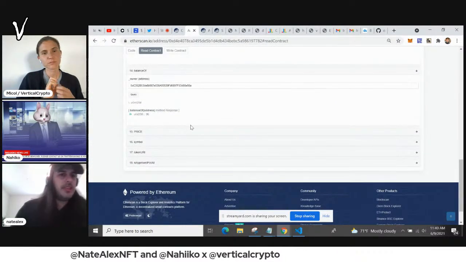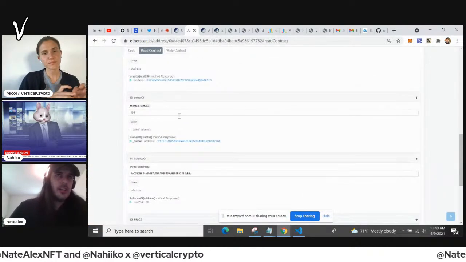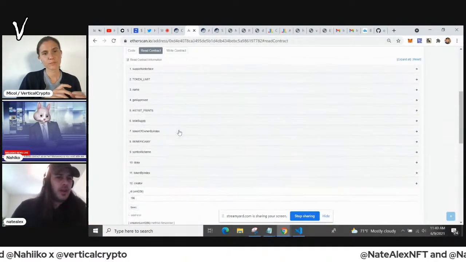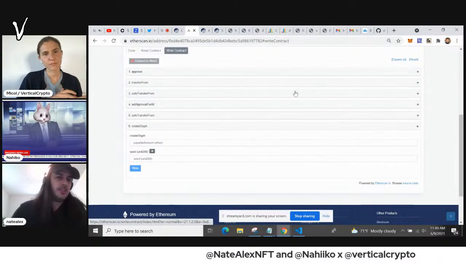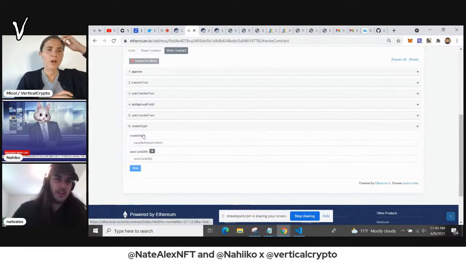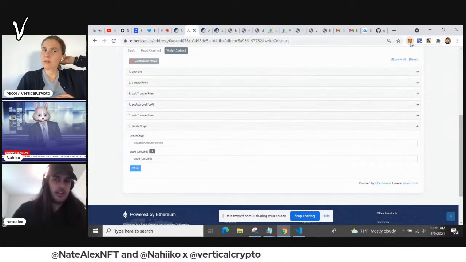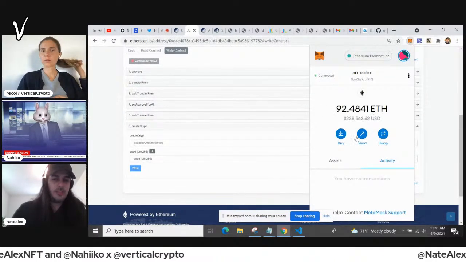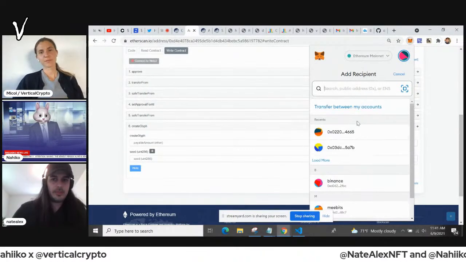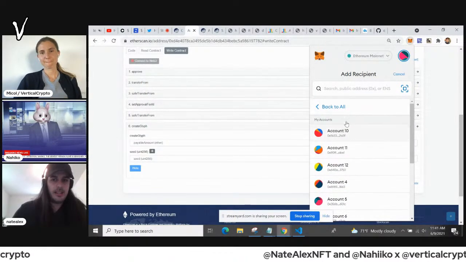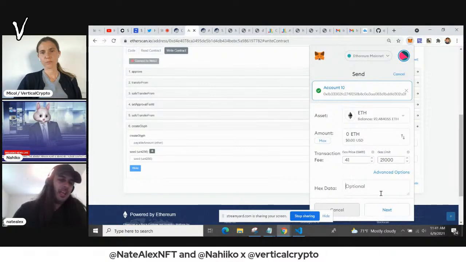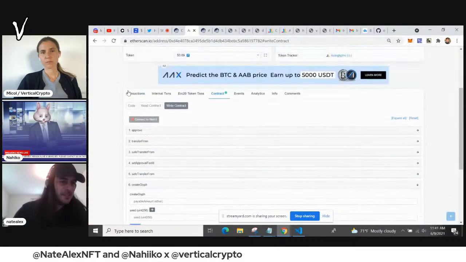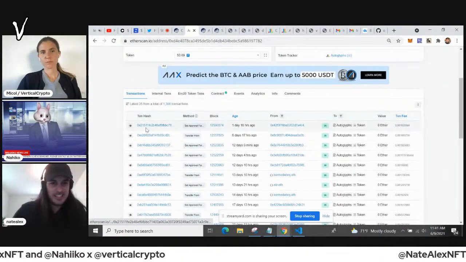Yeah, so for the most part, it's rare that you actually have to use the back end here. I can show another way that you can interact without even doing that. You can do it by doing custom hex data. So you can put in the hex data here, and what actually happens when you send a transaction,